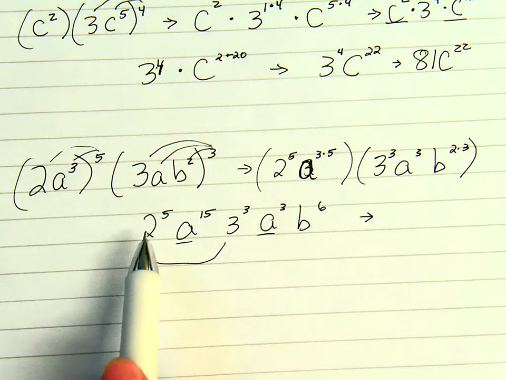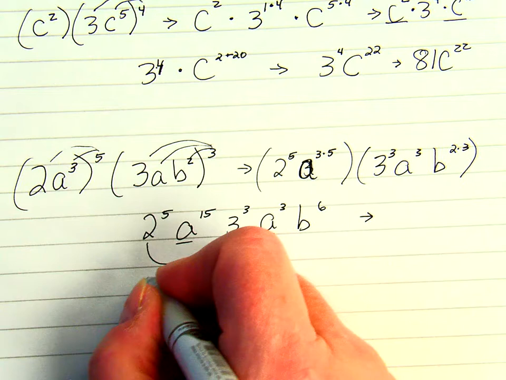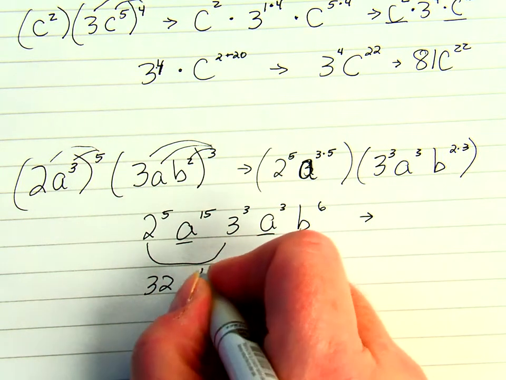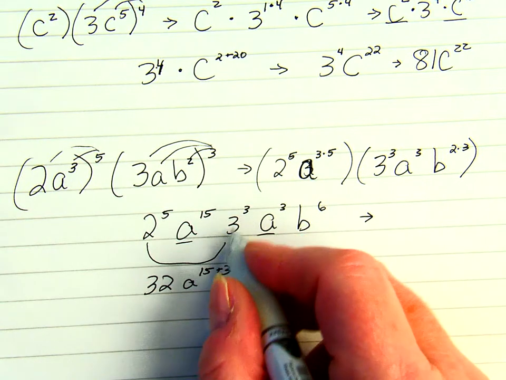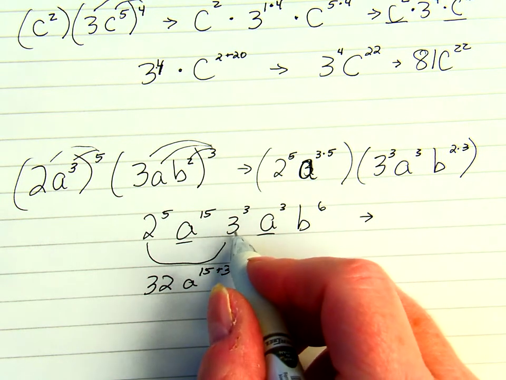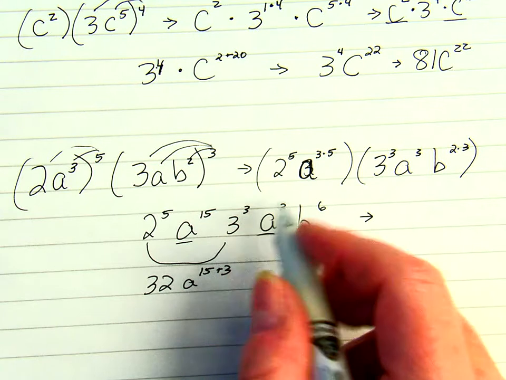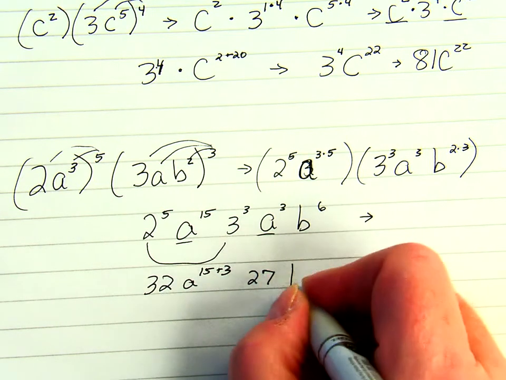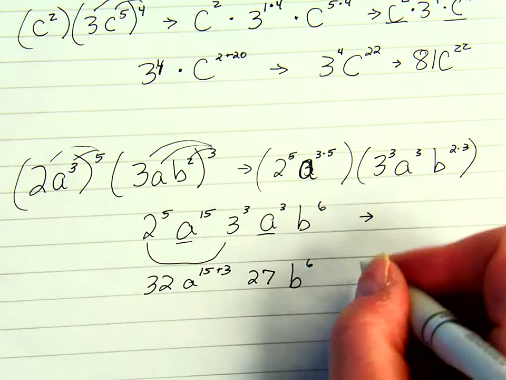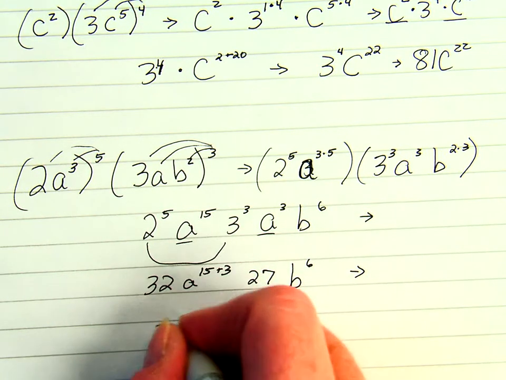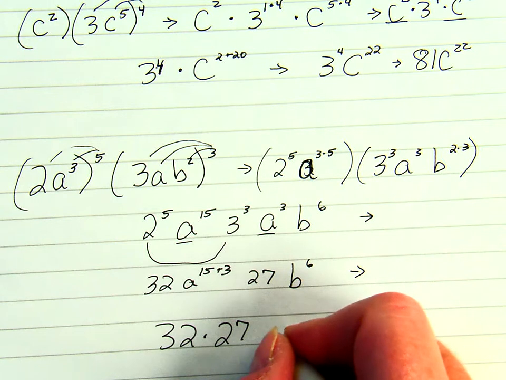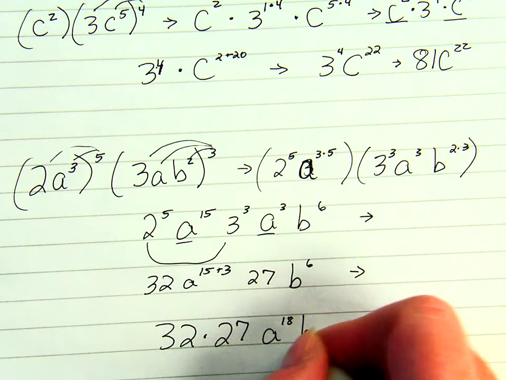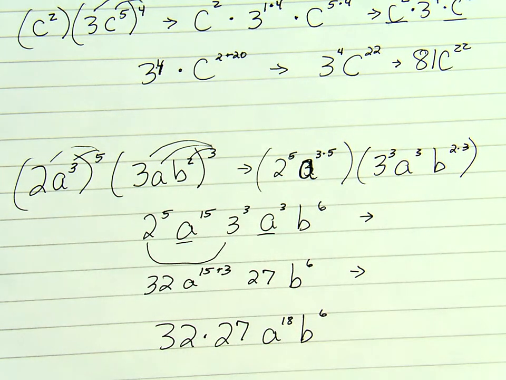So 2 to the 5th is going to be 2 times 2 is 4, 8, 16, 32. So this is 32, and this is A to the 15th plus 3. This 3 to the 3rd is 3 times 3 is 9 times 3 is 27, and B is to the 6th. Once again, we come down here and it's 32 times 27, and then we've got A to the 18th, B to the 6th,